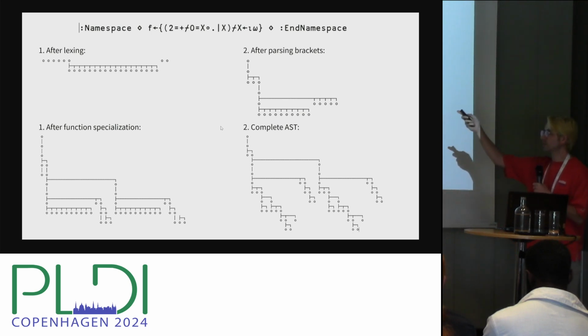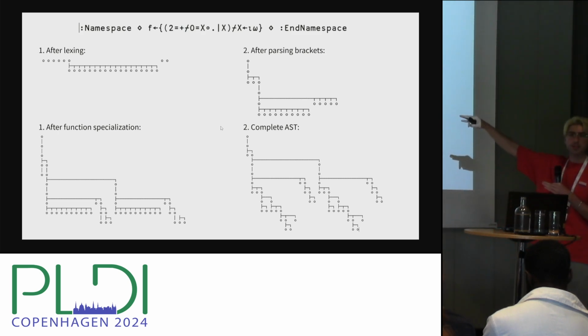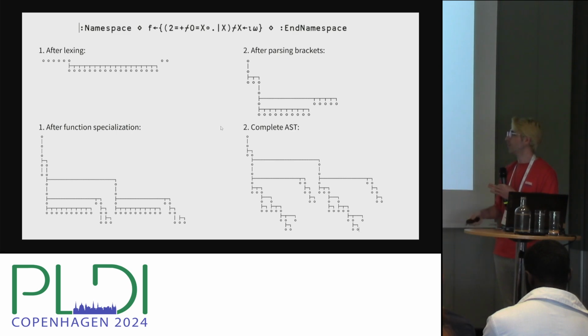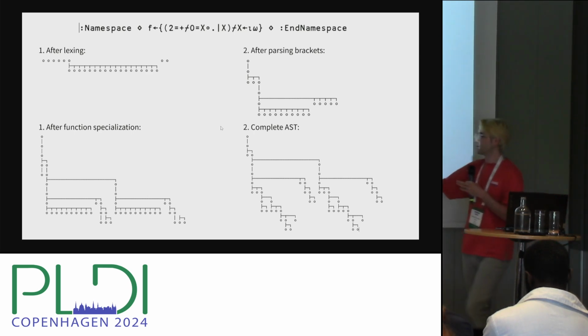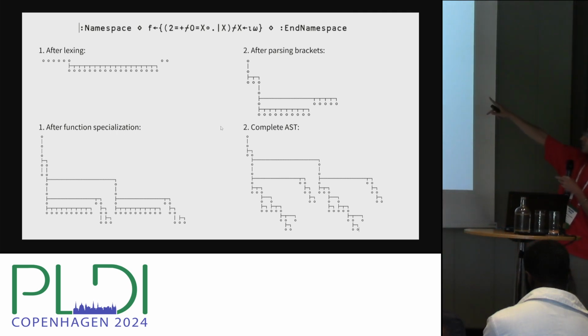So at level 1, you see the result after the lexer. What's interesting is that the lexing itself normally just gives you a stream of tokens, but here we have a little bit of depth information. We kind of have a tree, though it's a pretty stubby forest. Then in phase 2, after we parse brackets, you can see we get a little more depth information. After function specialization, we have 2 subtrees that are isomorphic to each other, like different specializations of the particular function that we defined up there. And then at the end, we get this complete AST.